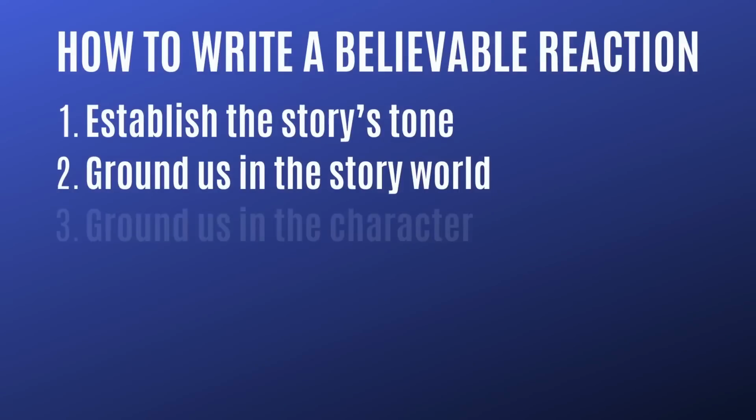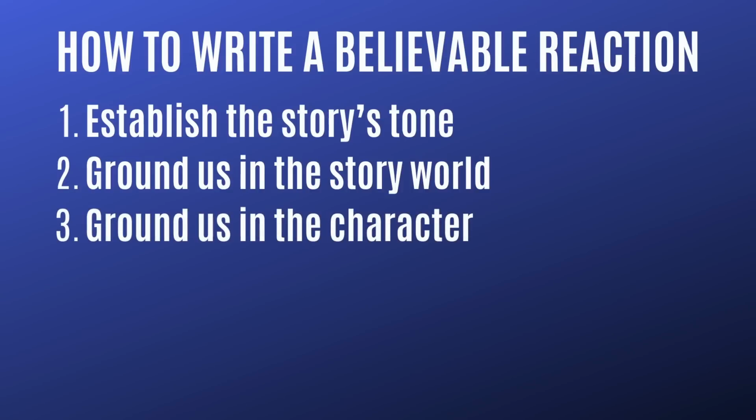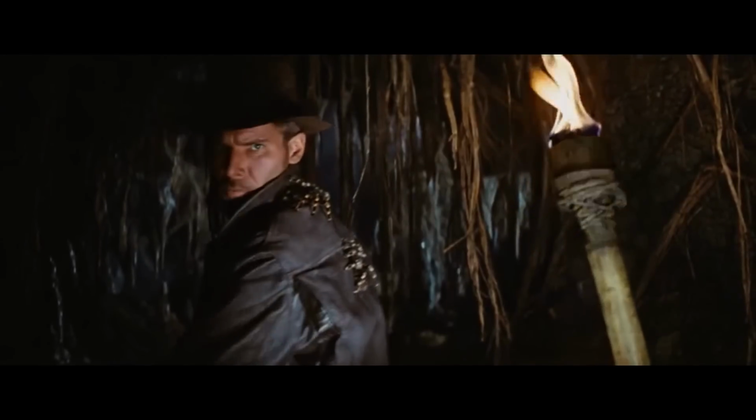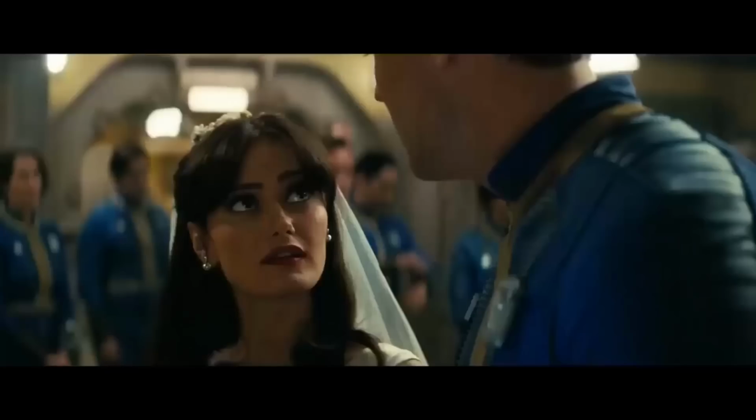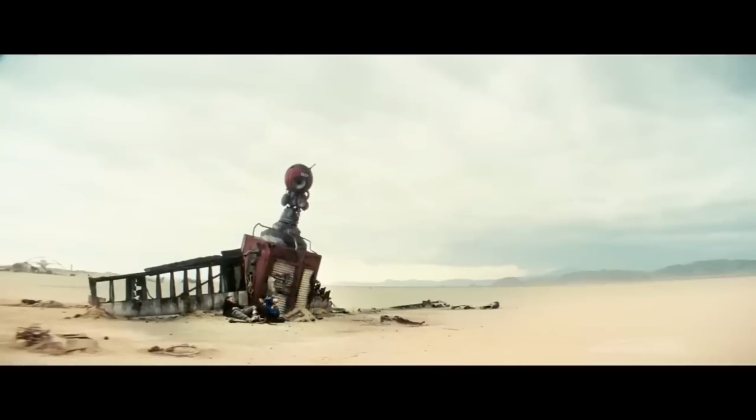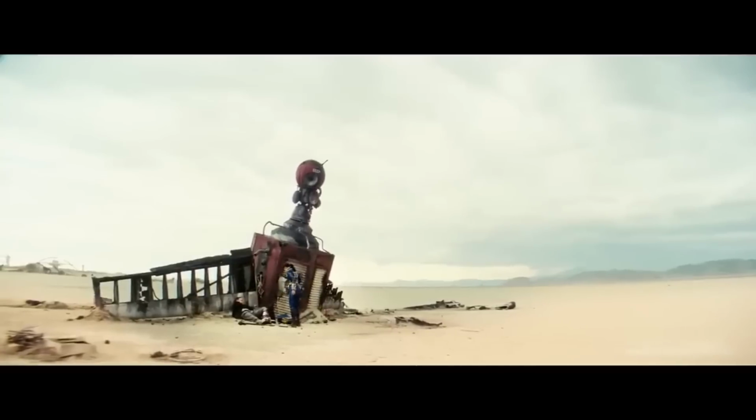Third step is to ground us in character. Early on, it's important to establish who your characters are. Have them act and react with consistency. That way, when something stressful or outlandish happens, we can anticipate their reaction and enjoy how they surprise us. One particular thing worth establishing is a character's values. For example, in the TV series Fallout, the main character Lucy grows up in the sheltered world of an underground vault. She is raised to be idealistic, trusting, and warm, and later when she enters the hostile world of the wasteland, her naive idealism creates some fun and surprising reactions.